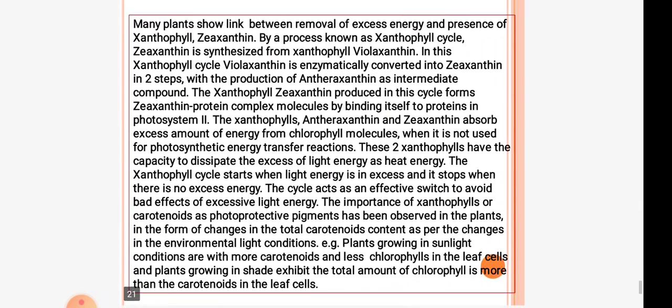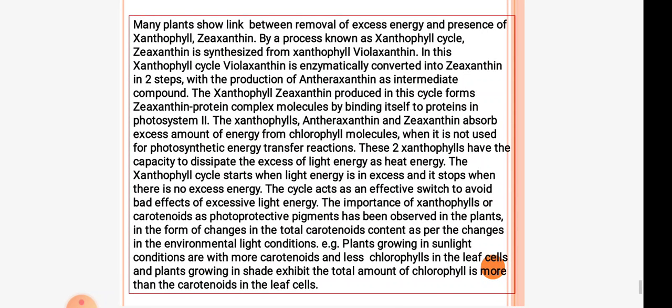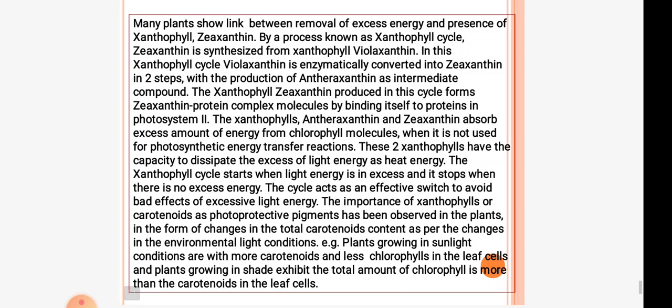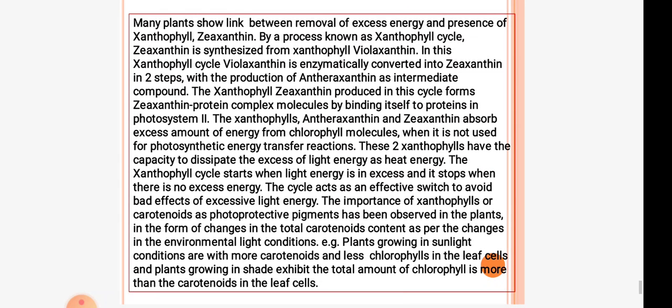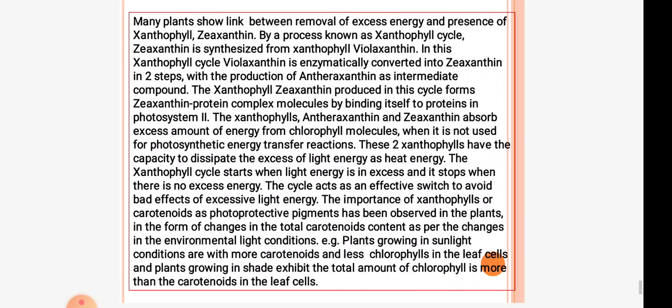Many plants show a link between removal of excess energy and the presence of the xanthophyll zeaxanthin. By a process known as the xanthophyll cycle, zeaxanthin is synthesized from the xanthophyll violaxanthin. In this xanthophyll cycle, violaxanthin is converted into zeaxanthin in two steps, with the production of antheraxanthin as an intermediate compound. The xanthophyll zeaxanthin produced in this cycle forms zeaxanthin protein complex molecules by binding itself to